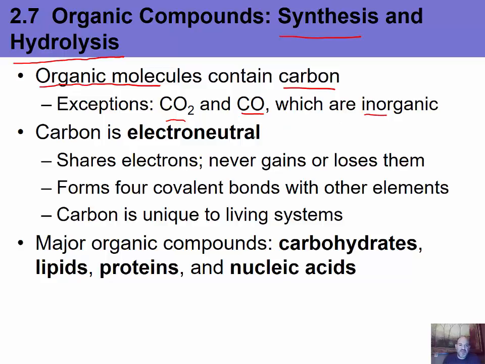Carbon itself is electroneutral, which means it does not form ions, so it doesn't gain or lose electrons. Carbon can form 4 covalent bonds. That's something important to remember. So anytime I draw carbon, I'm going to draw 4 dashes around it, indicating that it can form 4 covalent bonds. And carbon is unique to living systems. The fact that carbon can form 4 covalent bonds even with itself and many other elements gives us